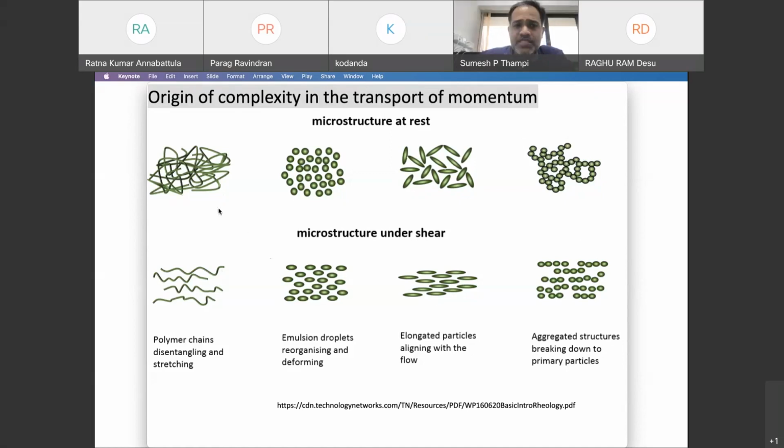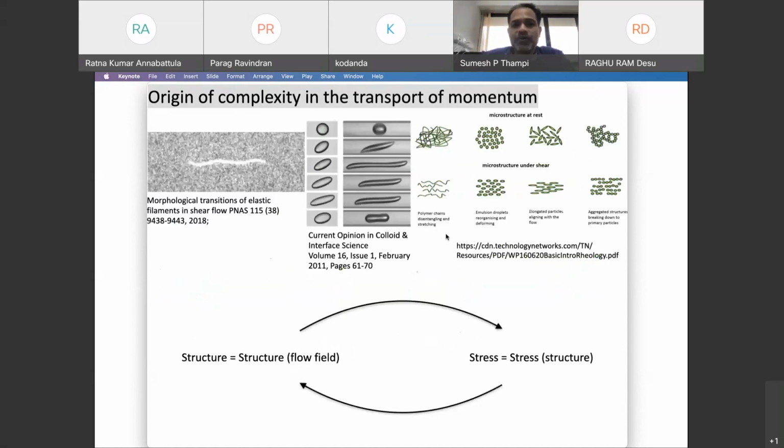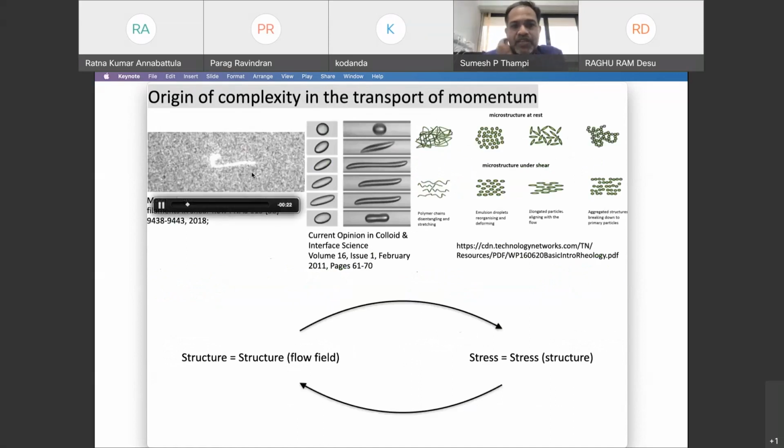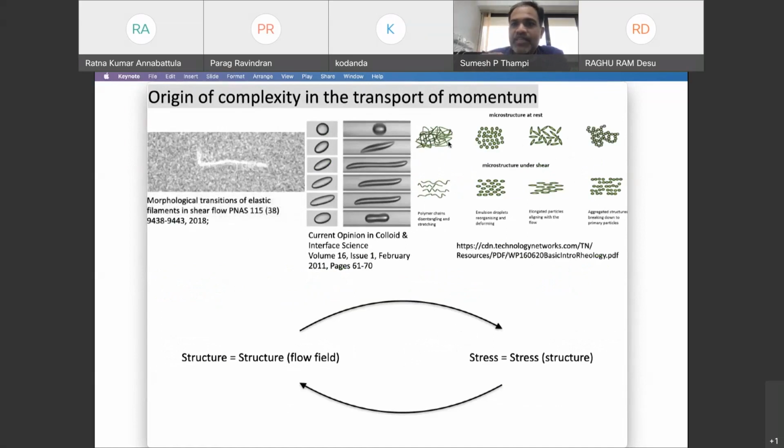So in all these cases, again, the top row shows when there is no flow, while the bottom row shows when there is a flow. And this difference is what is important. So I am showing you three examples where the filament is a flexible filament or a droplet or a set of structures, where the structure itself is determined by what the flow has done to it. Okay, but now the point is that